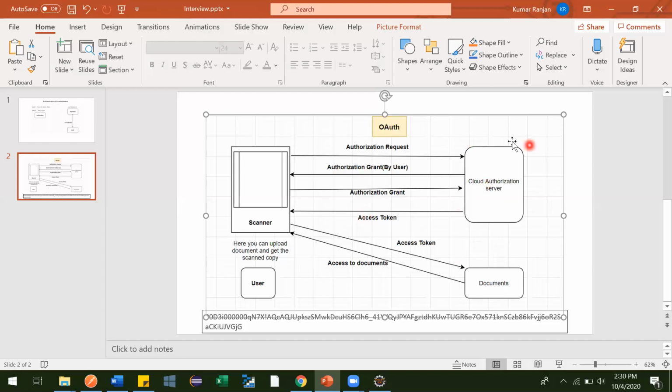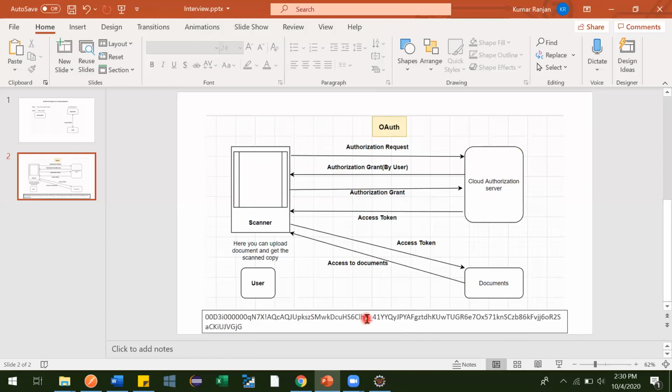In that access token it will have some means of telling what permissions you have, and that will be in encrypted form. So one access token will get generated. For example, I have given one over here at the bottom, you can see it. This is an example of an access token, this is how it looks.